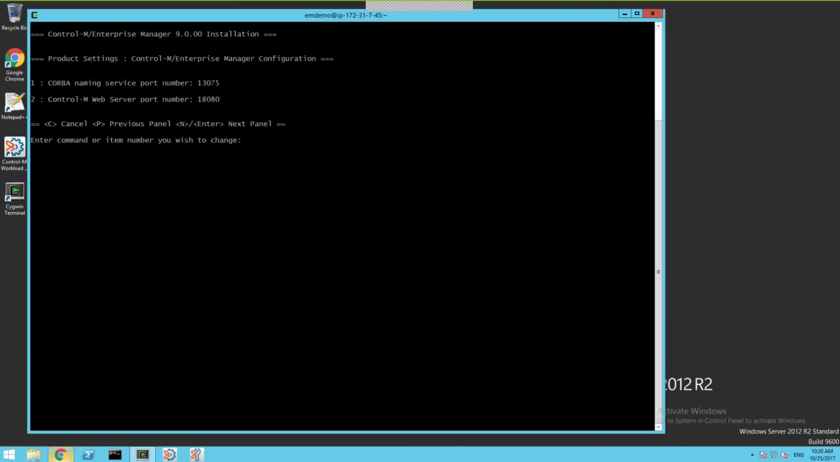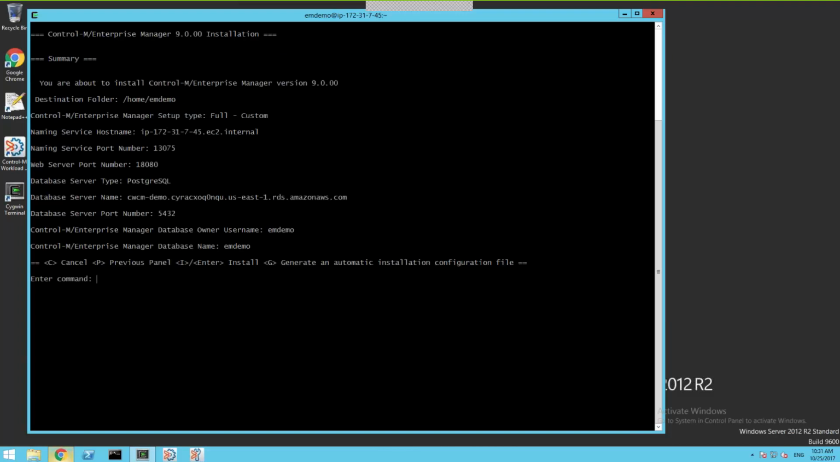Our prompt here is for our ports for the Corba naming service and web server. These are our default values. Like I'd mentioned in the security group, we're 13075 for the naming service, and then we're going to assume that our endpoints start at 13076 with a range of 22 ports if that item is selected. If you change item number 1, it'll start the port range from the next port and then 22 from there. I'm going to leave these default and then select next, and then I'm presented with the installation summary screen